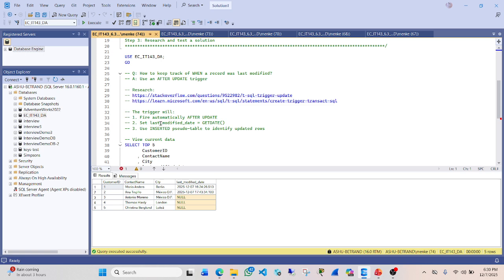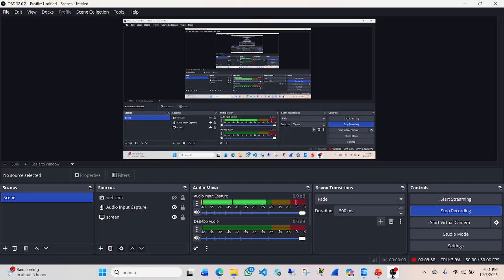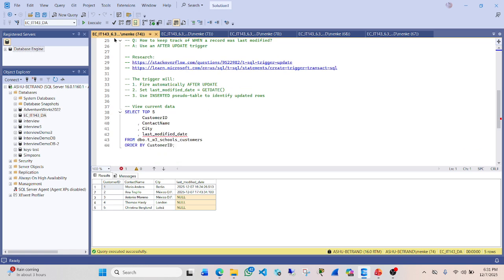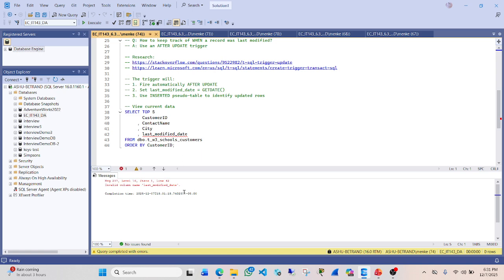The trigger will fire automatically and update, set last modified date to getdate, and use the inserted pseudo table to identify the updated row. So this is it. When you execute,